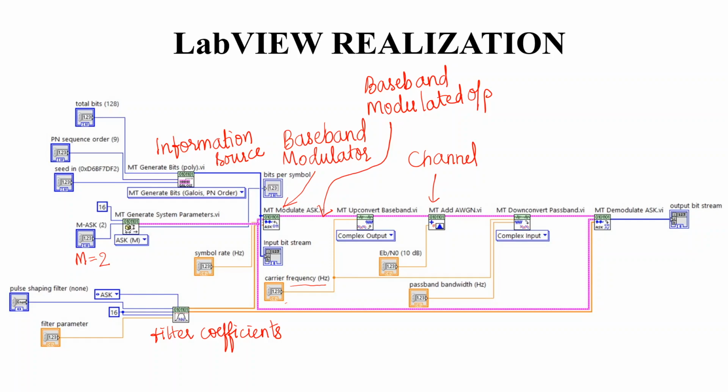In the receiver section, the first block is the reverse process of upconversion, which is the down conversion. The block meant for that is called Down Convert Passband. That means the signal which was in passband or bandpass is converted back to baseband information. For this, one of the inputs is the carrier frequency, which I have tied to the input side carrier frequency value, and we need to provide the information about the window within which I am expecting the information, which is called passband bandwidth.